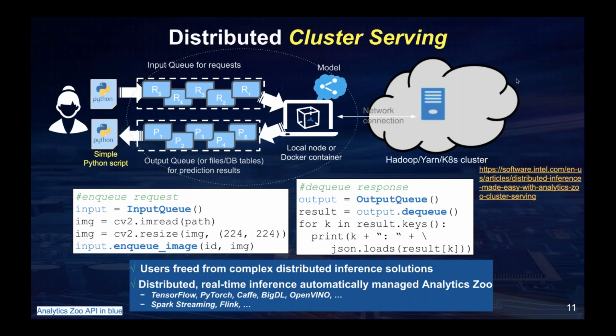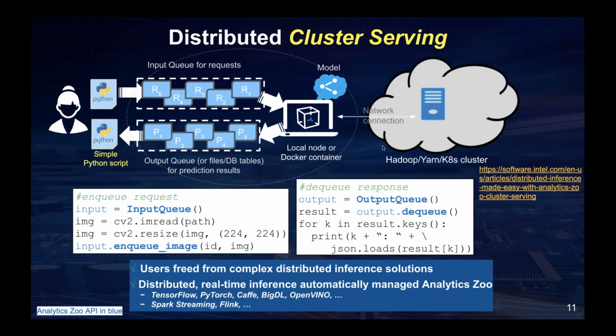It also can support different kinds of deep learning models like TensorFlow, PyTorch, Caffe, BigDL, OpenVINO, and it can support different real-time data analytics frameworks like Spark Streaming and Flink, etc. Next slide.